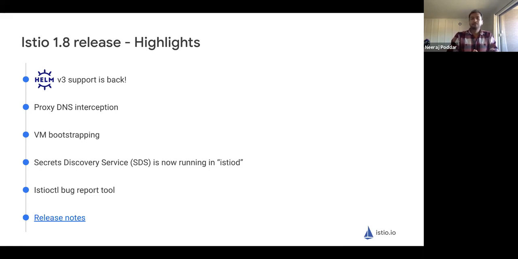Helm 2 obviously had some security issues, so we had taken back Helm 2 support, and then in the releases from 1.6, 1.7, and now 1.8, we have introduced things like istioctl based support, operator based support, but now I'm excited that in 1.8 we are supporting Helm v3.